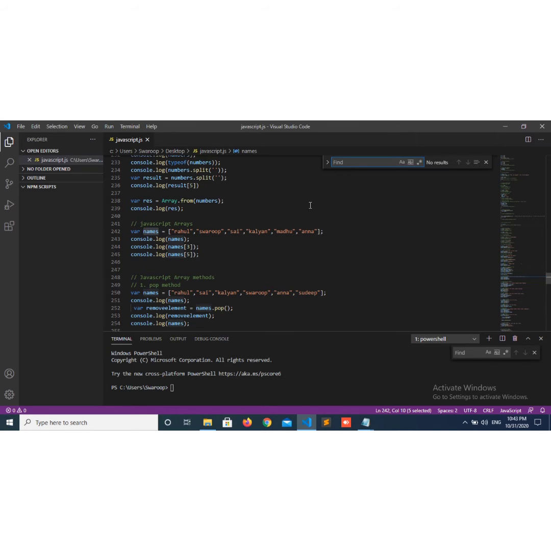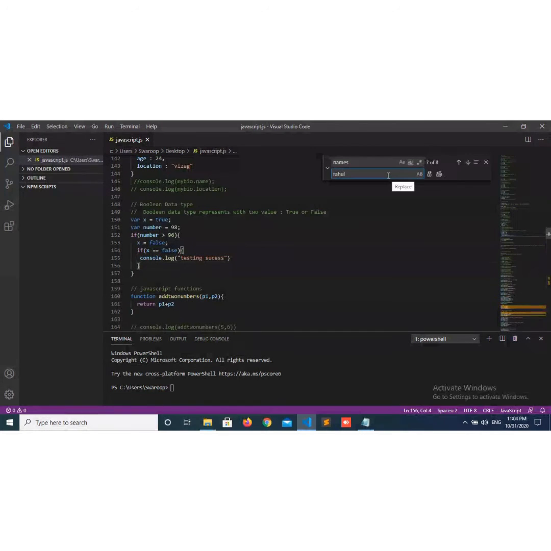Control plus F. I'm finding the names. Now I click on Control plus H. I want to replace names with Rahul. I'm replacing the word names with a new word, Rahul.